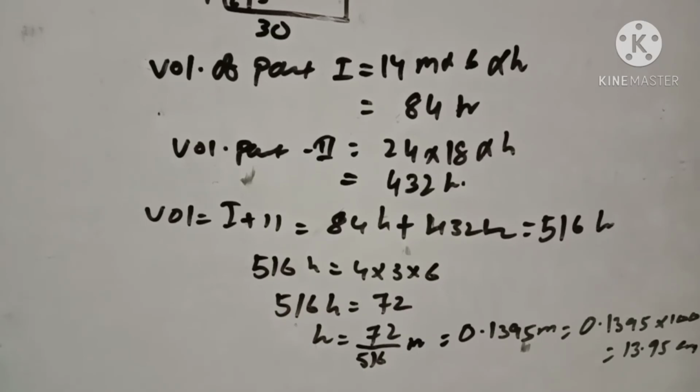Write down please. Question number 25. It is given the area of cross section of a pipe is 3.5 centimeter square and water is flowing out of the pipe at the rate of 40 centimeter per second. How much water is delivered by the pipe in 1 minute? In 1 minute means, first of all we have to find out the area of the cross section. Speed of the water is given.